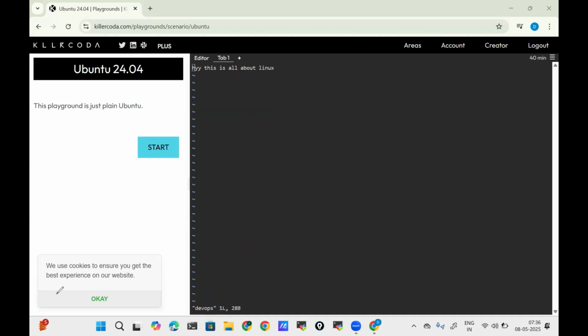Let's say I was in the command mode. Now I want to shift from command mode to the insert mode. What do I need to do? I need to press the small i button. Once I have pressed the small i button,